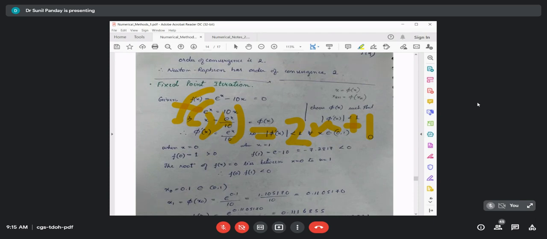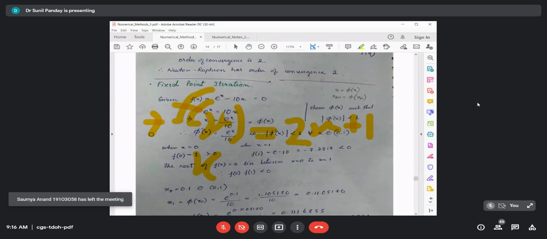So I have to find one real number x such that f of that real number is the same point. For simplicity, if I put x equals 0, I am getting 1, and for x equals 1, I am getting 3. So 1 and 0 are not the fixed point. To obtain the fixed point, I assume x equals 2x plus 1, and if I simplify this equation, I will get x equals minus 1. So minus 1 is the fixed point of this function f(x) equals 2x plus 1.